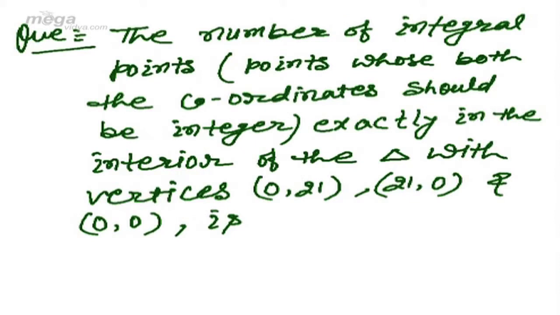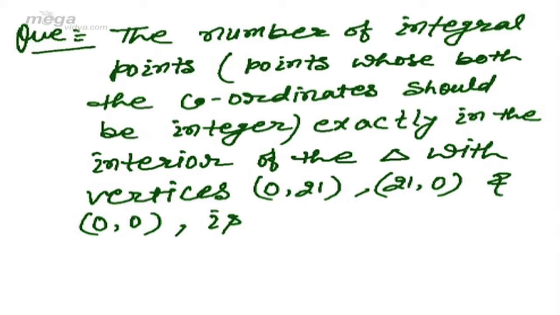The question is the number of integral points. Integral points means the points whose coordinates should be integers, both x and y coordinates. So the number of integral points exactly in the interior of the triangle with vertices (0, 21), (21, 0) and